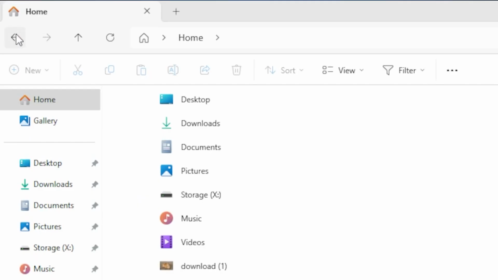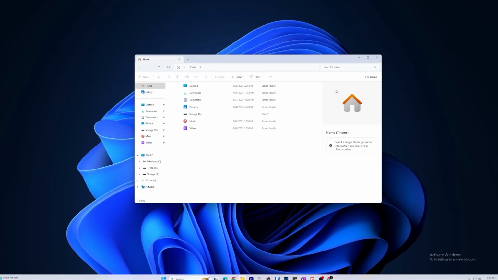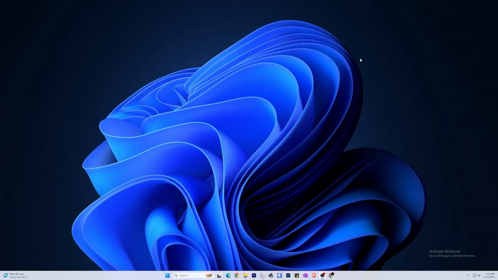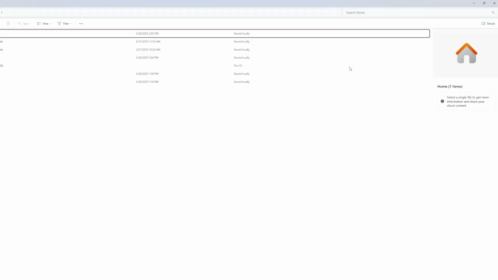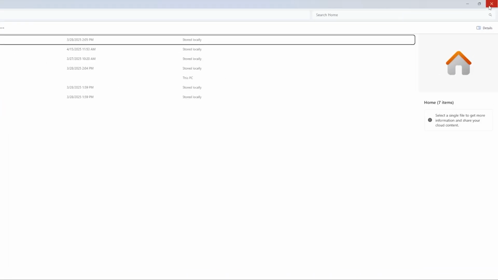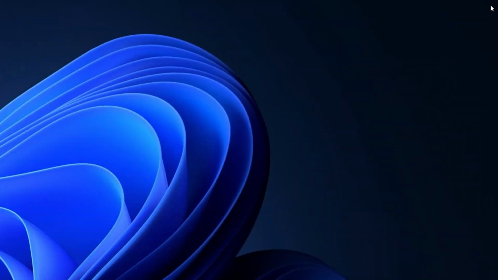The top of the window also has a back arrow for going to a previous folder and an up arrow for going up one level in the hierarchy. In the top right, you can find the Minimize button, which hides the window on the taskbar, and the Maximize button, which makes the window fill the screen. When you are done with the File Explorer, or any application with a window, you can close the window by clicking the X in the top right corner.